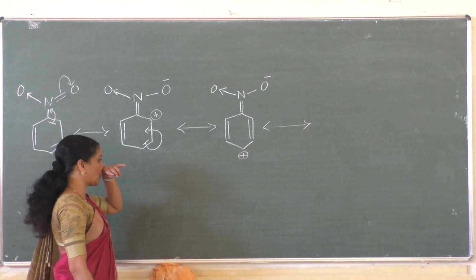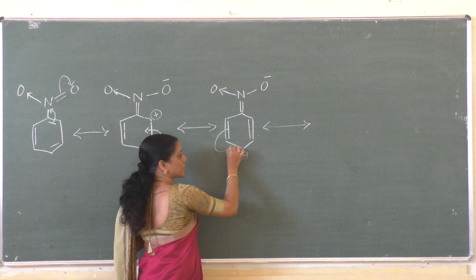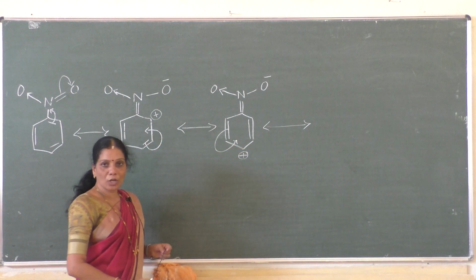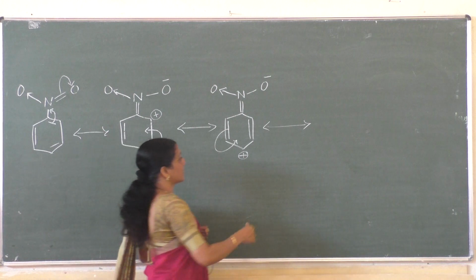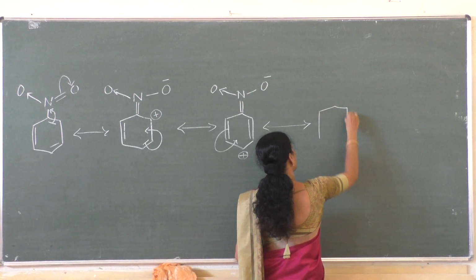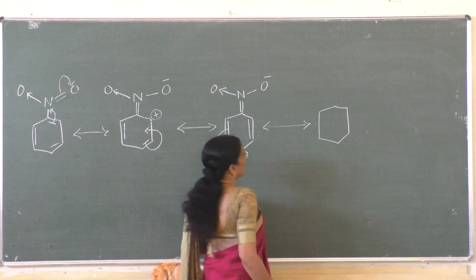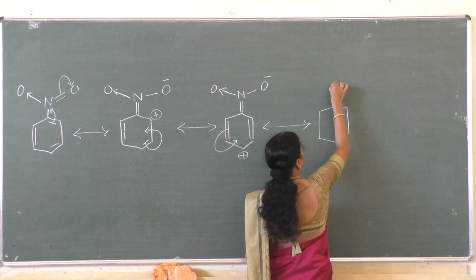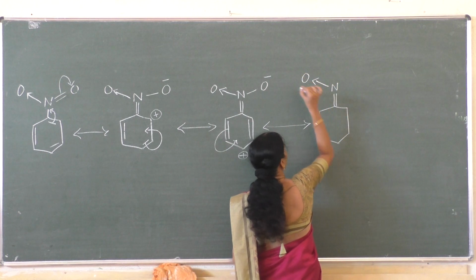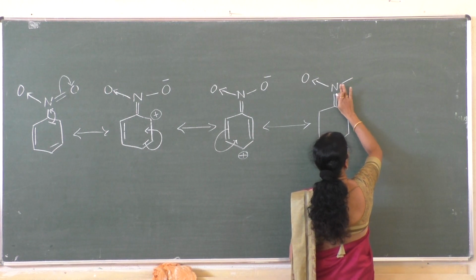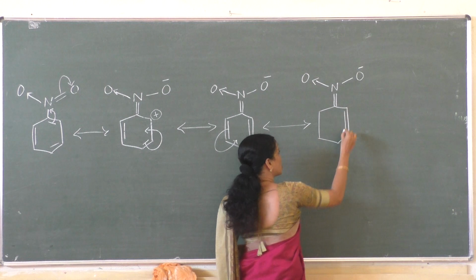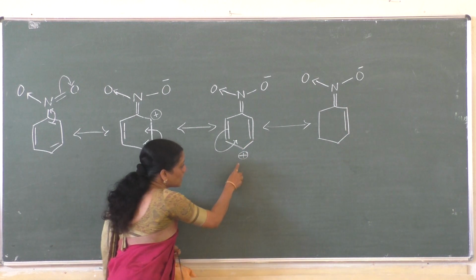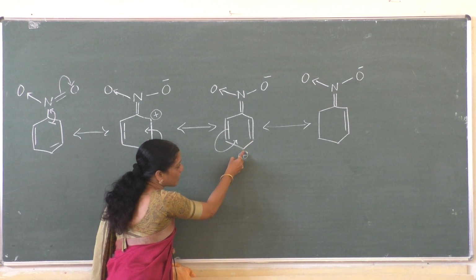One more resonance structure we have to write. In order to attain stability, another delocalization takes place. Shift of electrons, pi electrons, takes place, resulting in the formation of one more resonance structure. I'll write here double bond N, coordinate bond with the oxygen. Double bond becomes single bond, O minus, and here the new bond is formed in this position. Clear now, students? Plus, once the shift takes place, this becomes neutral.